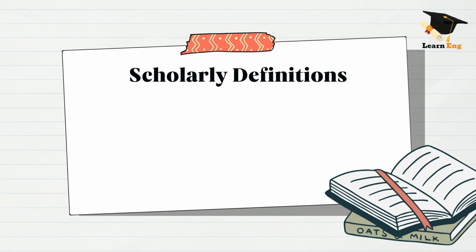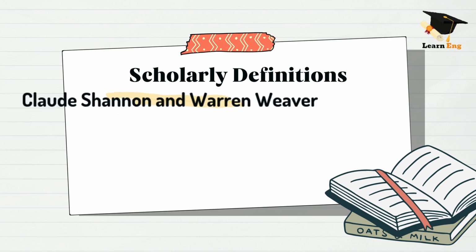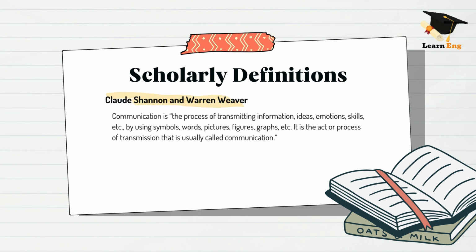Coming to the scholarly definitions, according to Claude Shannon and Warren Weaver, communication is the process of transmitting information, ideas, emotions, skills, etc., by using symbols, words, pictures, figures, graphs, etc. It is the act or process of transmission that is usually called communication. This definition highlights communication as the process of sharing messages and meanings through various symbols and mediums, focusing on the